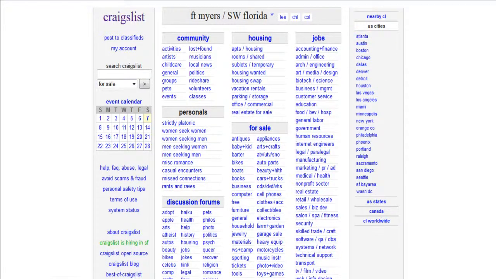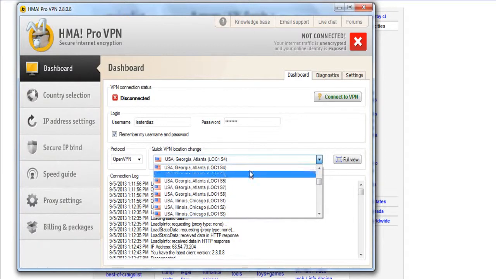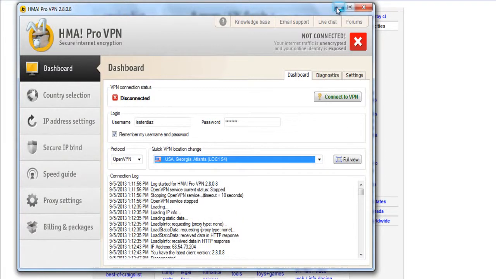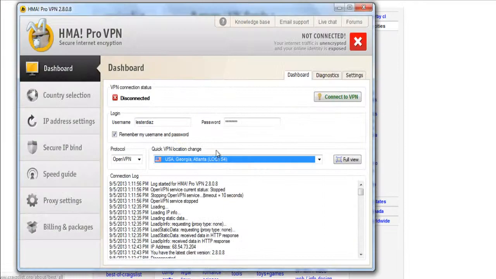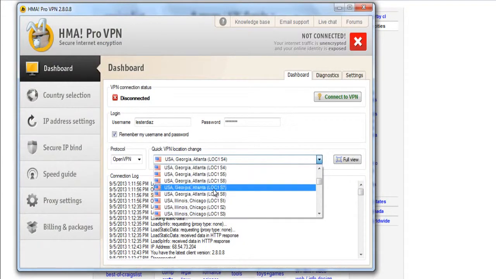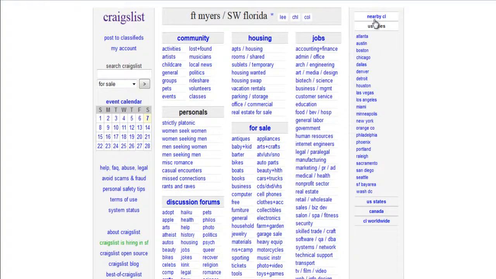So most of the cities that they have here are actually paid cities on CraigsList. So you can use this to actually post on those cities even if you're not living there, but you're gonna have to pay $25 to post on them. But what I do is I will actually change, for example, to a city like Miami, and I'm gonna show you this in detail, but let me click on Miami,